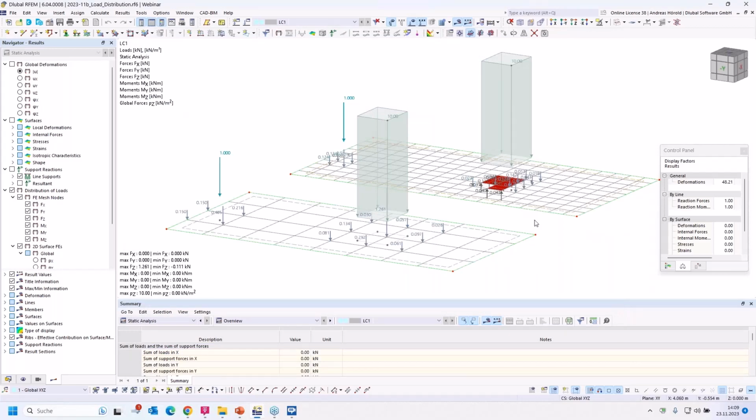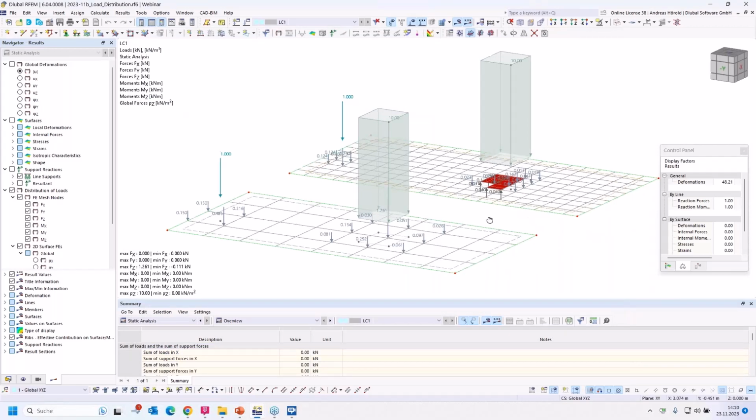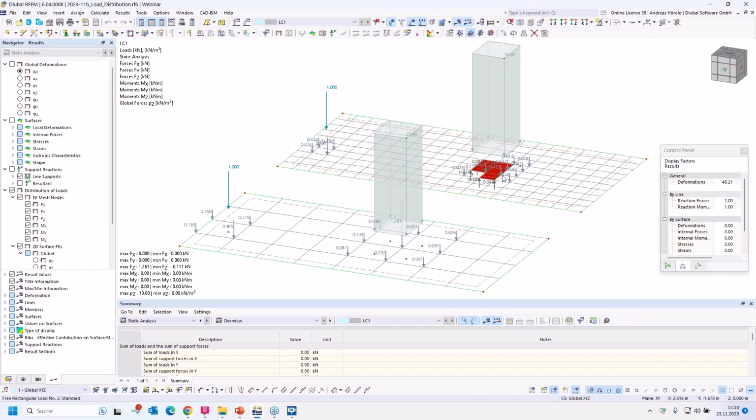And you can see in the different models and the different load distribution that in this model, the load distribution area is larger.